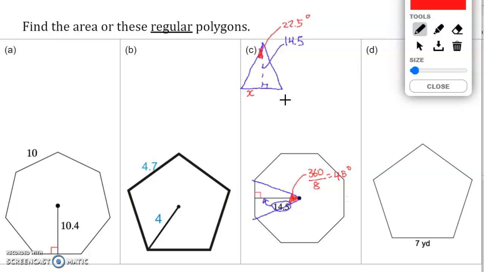Now, we still need to figure out the x. And how do I do that? This is where the trig function comes in, which is the trig function that deals with the adjacent side and the opposite, that's going to be tangent. Okay, so tangent of 22.5 is going to be opposite, SOHCAHTOA